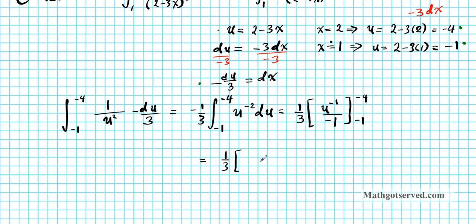times, let's see. Now another thing we can do, you see this negative right here? We can factor that out. So let's put the minus here. And then we're going to have -4 to the -1 minus -1 to the -1. Okay, you have to remember that you always plug in the upper limit of integration first before the lower limit of integration,